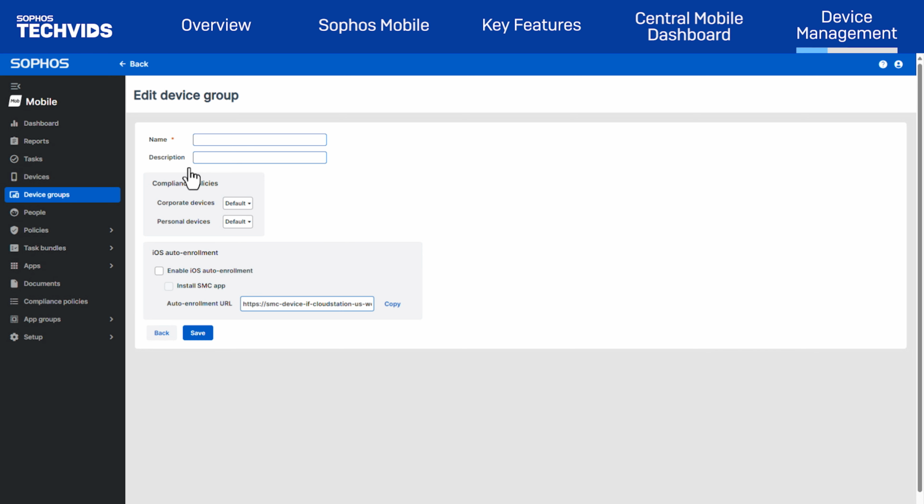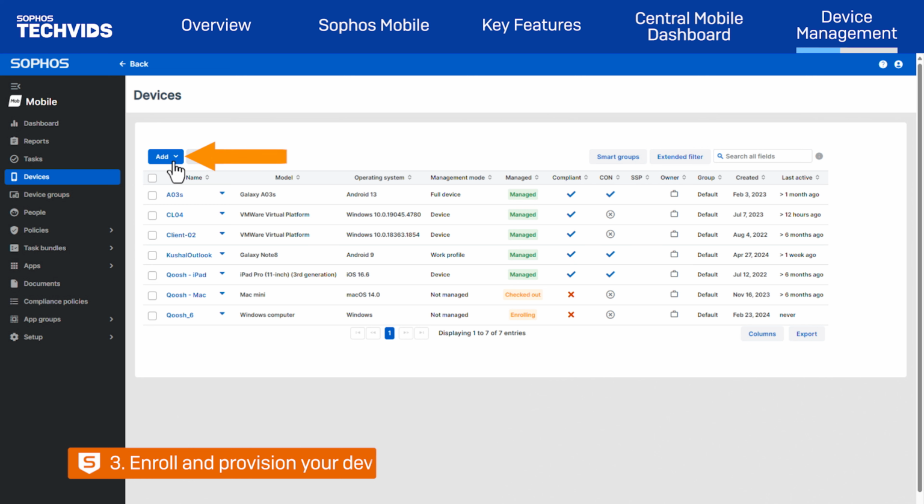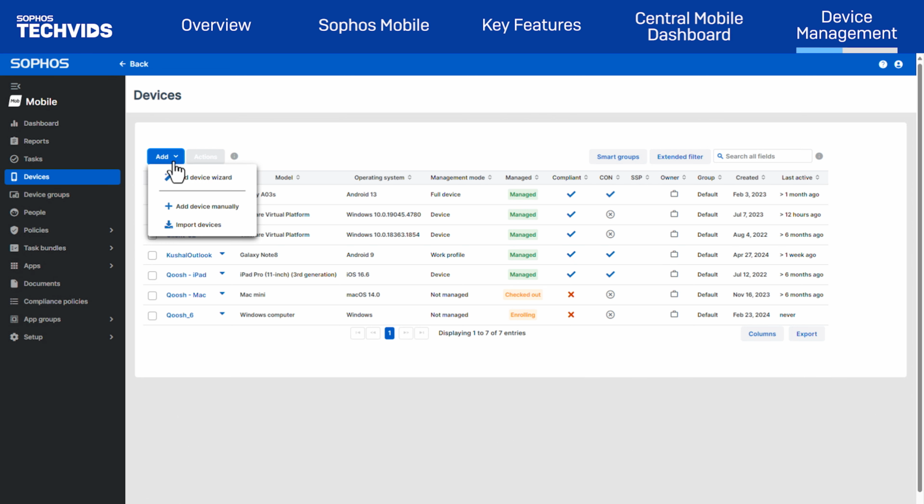Organizing into groups streamlines management tasks, allowing you to quickly perform actions in bulk rather than on individual devices. Third, enroll and provision your devices. This can be done by either admins using Sophos Mobile Admin or by device users via the Sophos Central self-service portal.